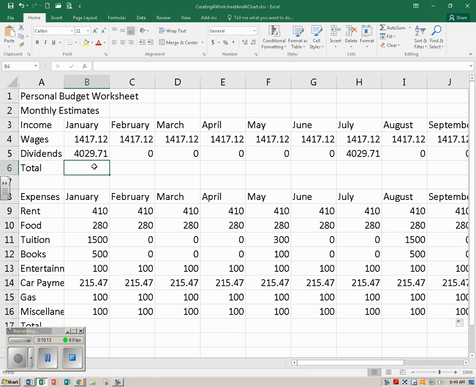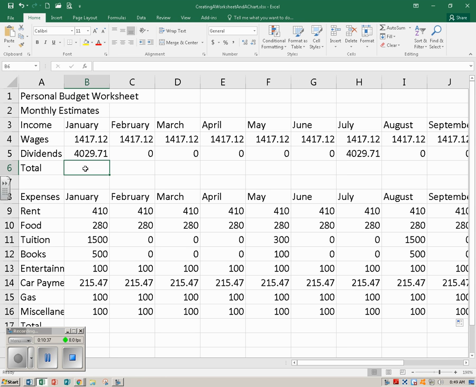You'd probably want to count it at least twice. If it didn't match, you'd want to count it a third time, and that's just so time consuming. So Excel has a feature where you can actually ask it to just add it for you, sum up the information for you. So you should be clicked on cell B6,